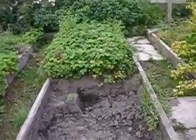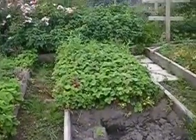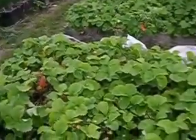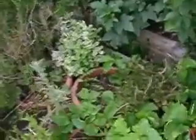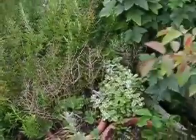This is half the raised bed number 3. I'm trying to dig a pit 3 foot deep, but I've left the strawberries in just for now. Haven't got round to doing them. I've had quite a lot of strawberries so far. The sage there is looking really happy. There isn't a sign of life from the mint, which I'm quite worried about, because there is quite a lot of difference in lamb mints, and that was a good